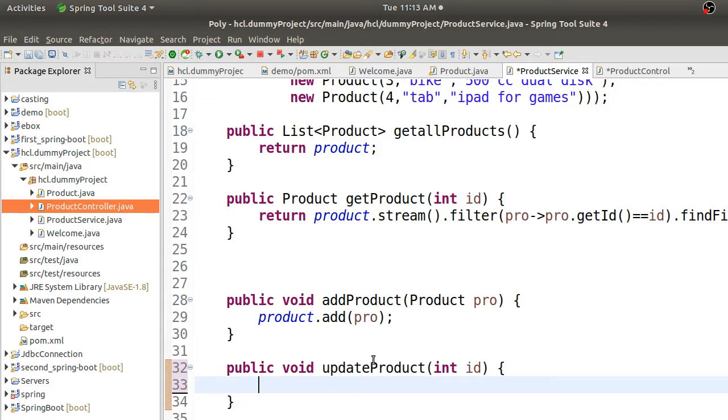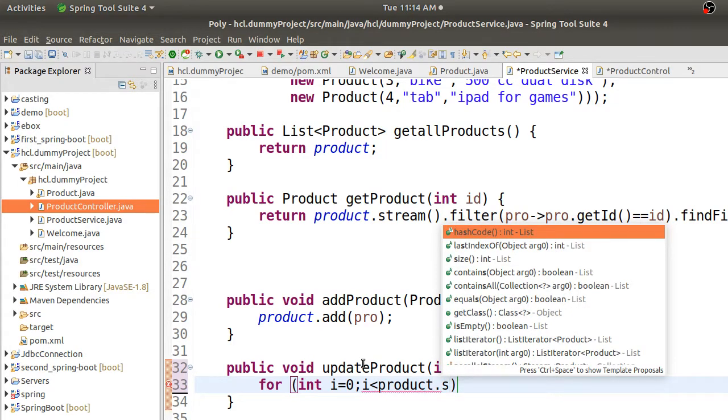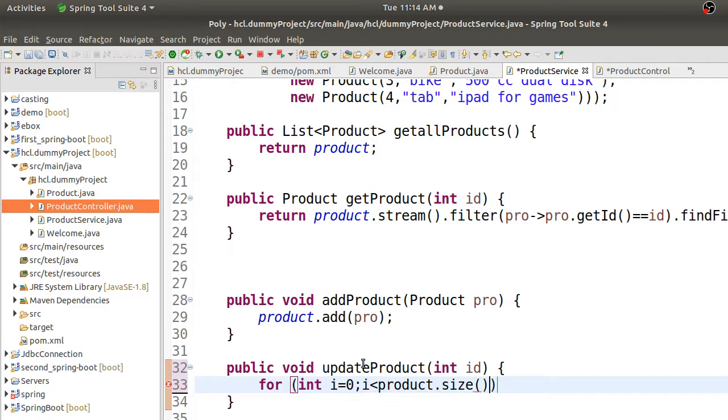I'll just write a for loop here, i is equal to 0, i less than say I have product dot size of, and i plus plus. So here what I need to update the values, right?